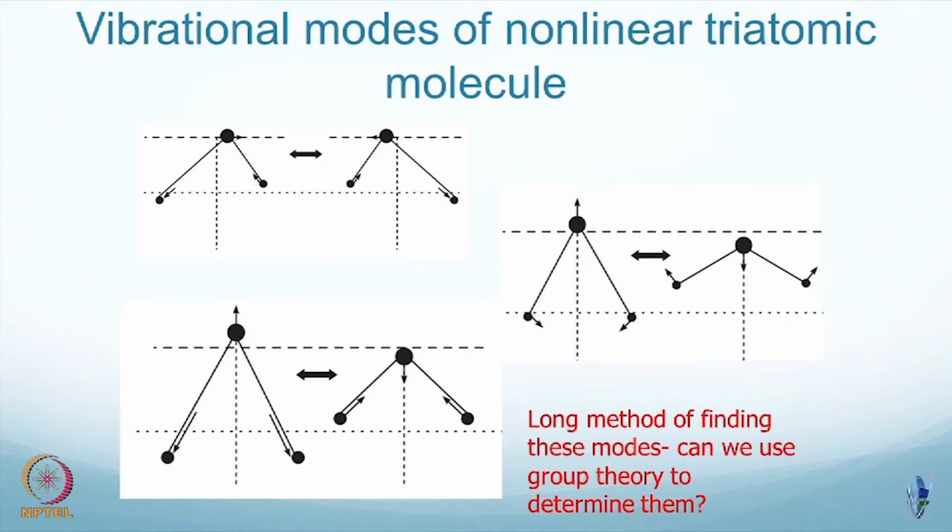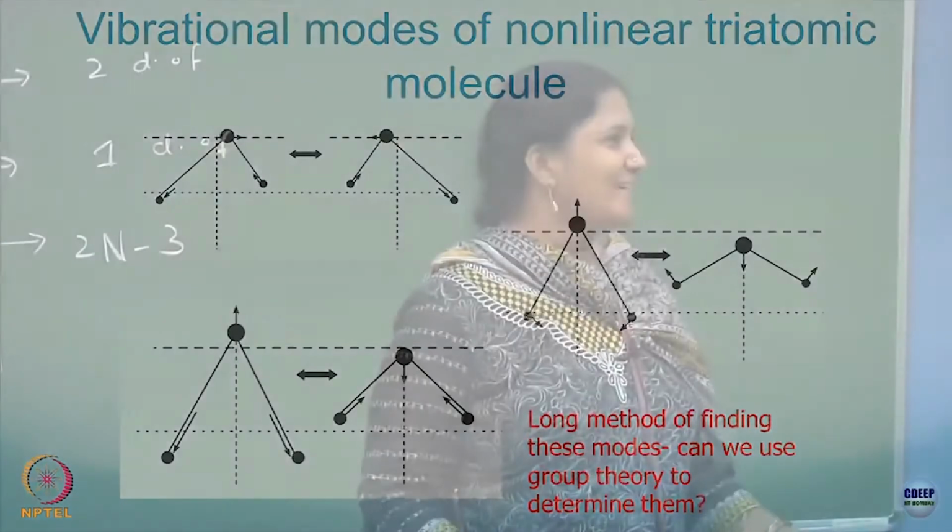So, this you would have seen in the video also. We would like to see how to get these pictures from group theory. You know it physically for this 3 atomic non-linear molecule very nicely. I have given a simple example, but if I give you a complex one in your exam, some 10 atoms, will you be able to do it? That is the question.